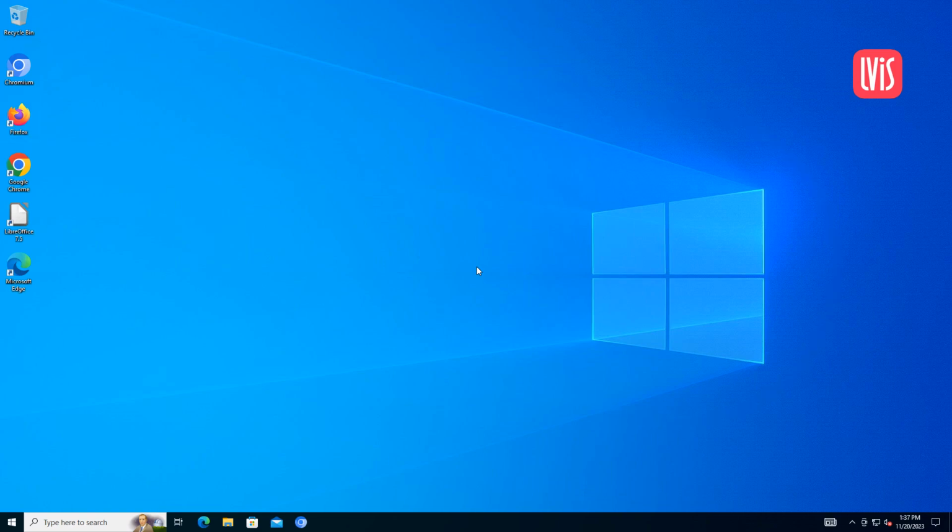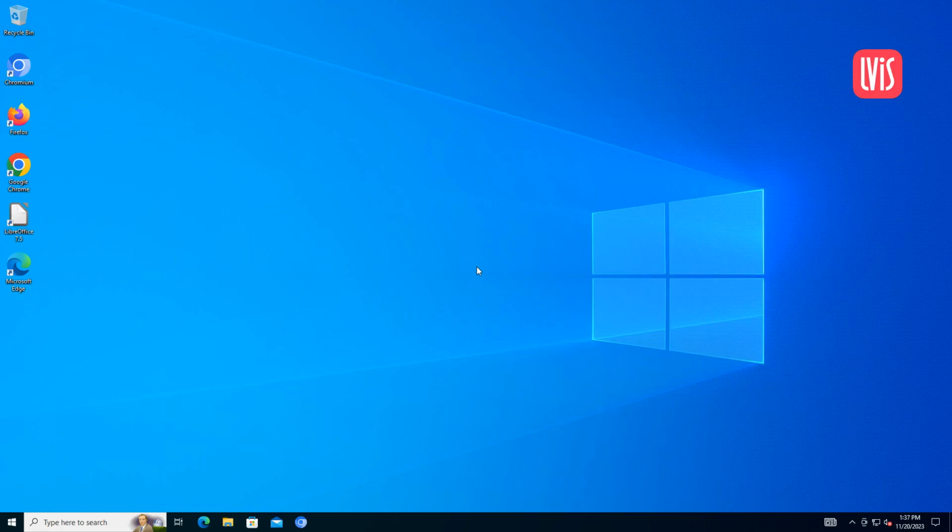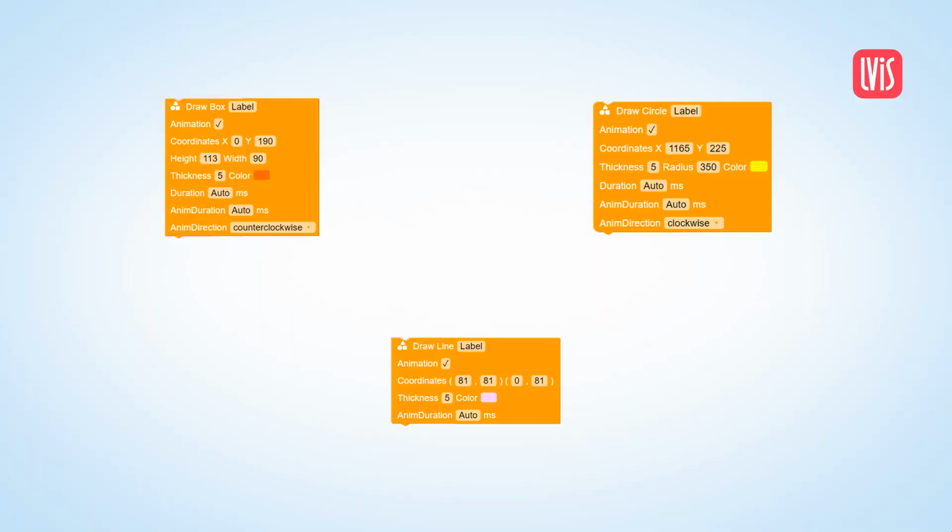Or animate them counterclockwise. All this generated automatically from the script of your video. As you have seen, in LViS with the Draw Circle, Draw Box and Draw Line, you can mark the most important regions of your video,